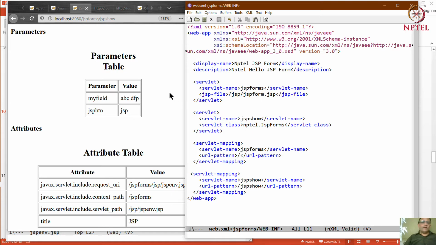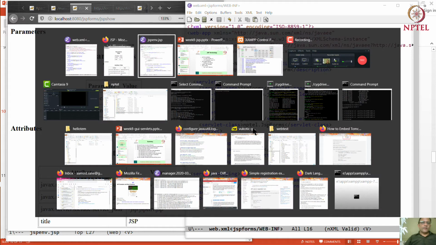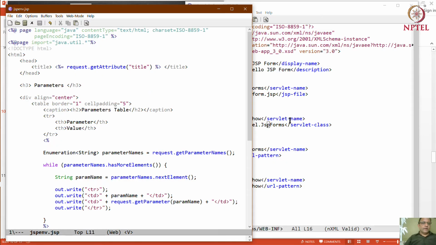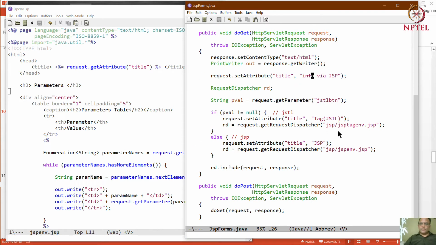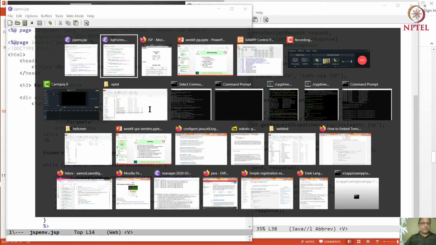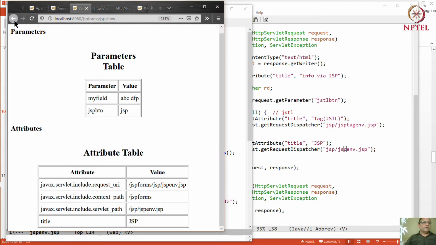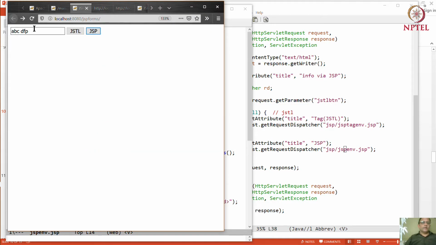This JSP file contains an action which calls JSP forms, and in turn JSP forms, although that part is not visible here, invokes JSP-env.jsp inside this class by binding it like this, and that choice in turn is based on the button which we saw over here. Okay, so that's the full story.